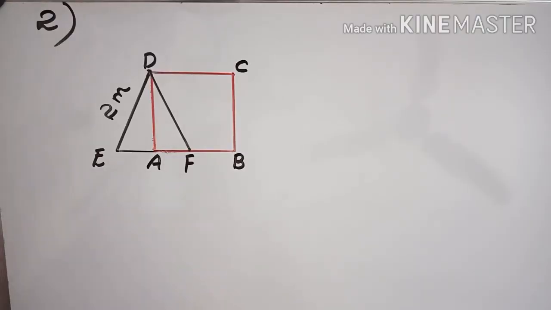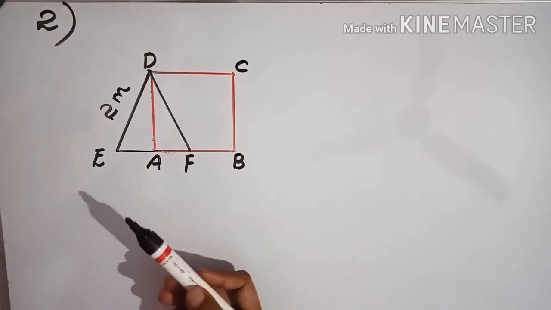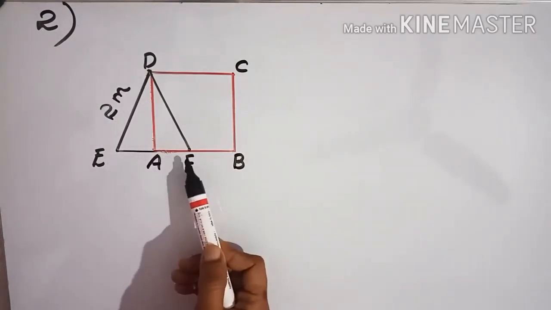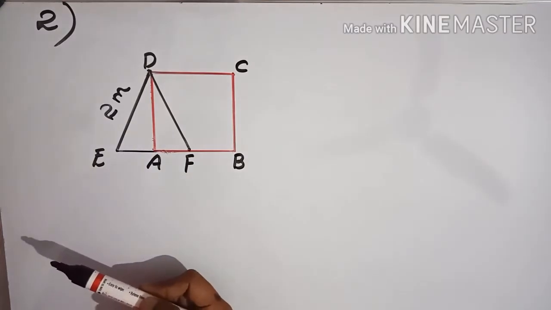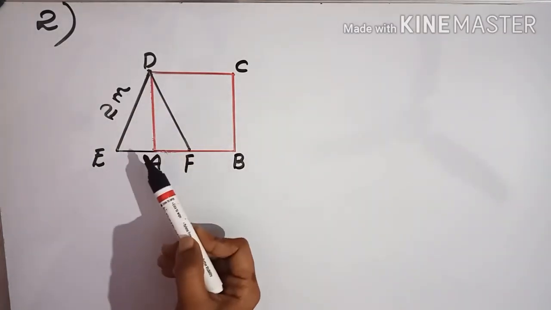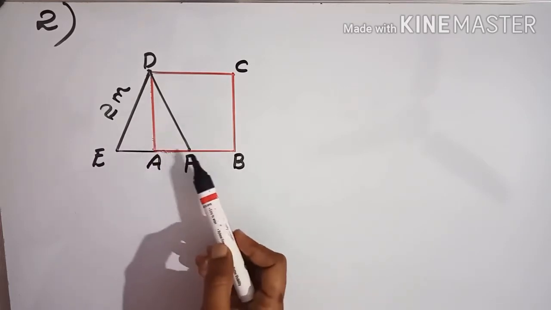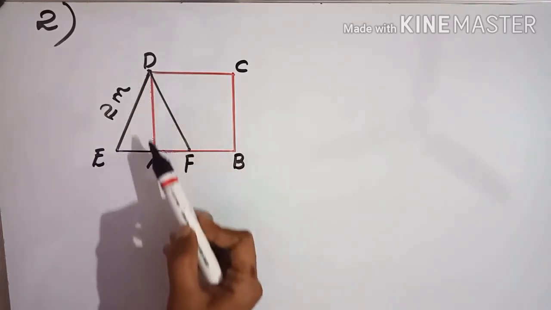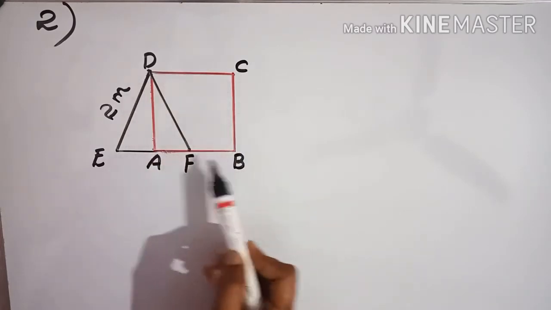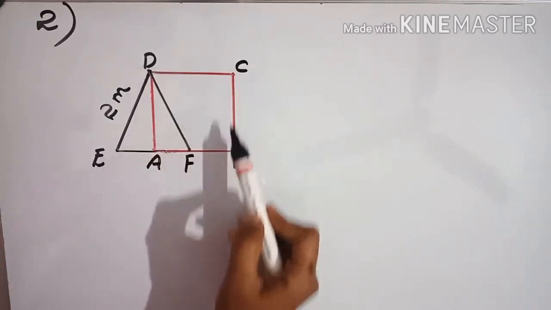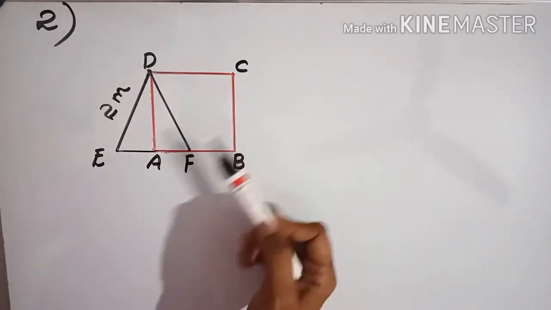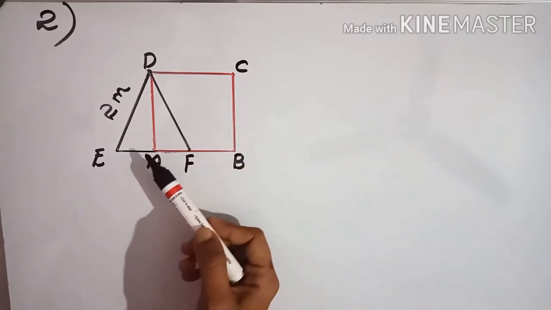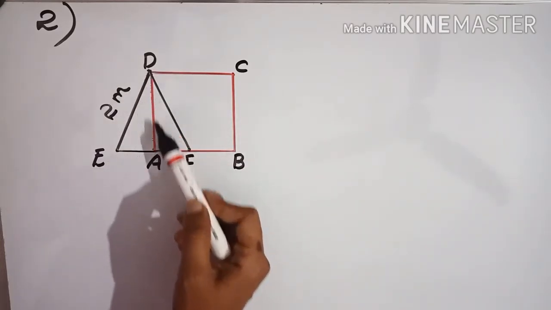Okay, so in the question it is given that a square is drawn on the altitude of an equilateral triangle. So here DEF is an equilateral triangle with one side as 2 meter. Now DA is the altitude, that means height of this equilateral triangle. By using that altitude measurement, a square is drawn, that is ABCD is the square here. We have to find the side of the square and area. Then the second sub-question is what is the altitude.